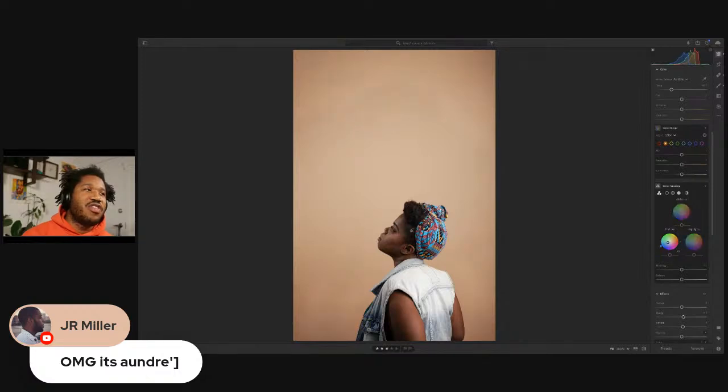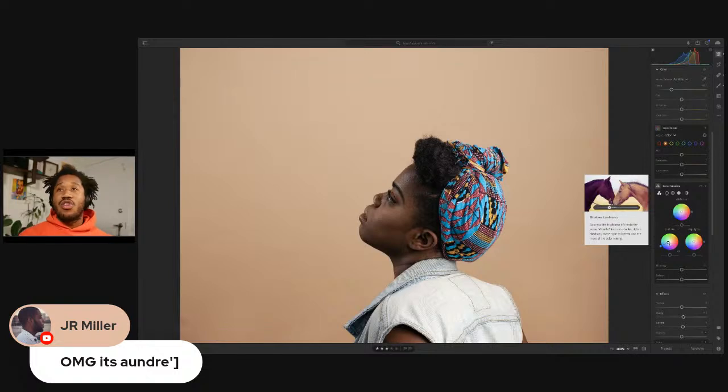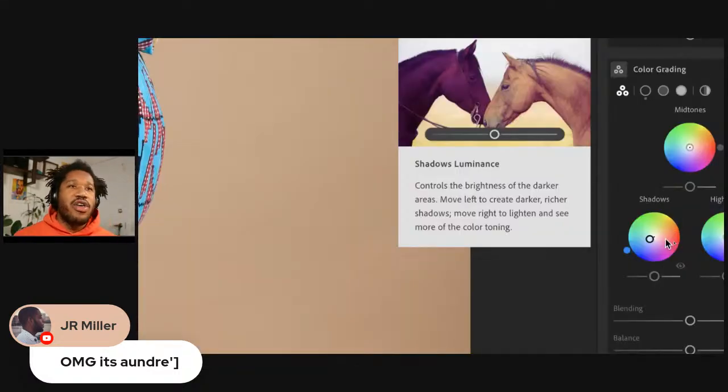So you see this little change, look at her skin. Essentially what I'm doing is, and you just hopped in, remember what happens with the color grading is you can move around the circle and that'll change the hue. It'll change the color. And it's not more than the color because as you change the hue like